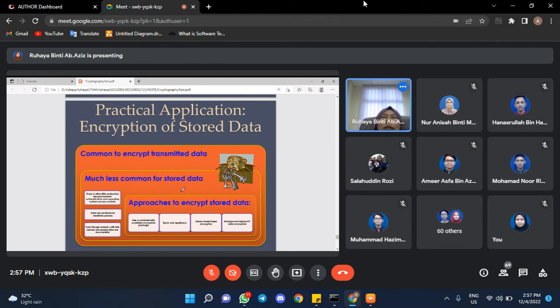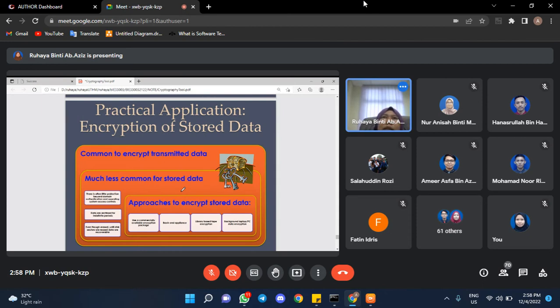Is it feasible? Is it okay? So everything, information or everything in your system, you are going to encrypt that. Is it possible? Possible, memang possible, tapi in terms of convenience to user,